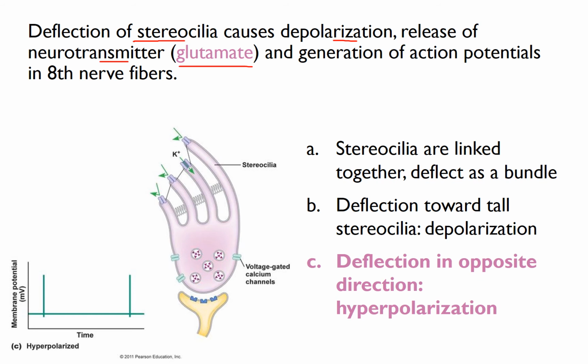Now, should the deflection occur in the opposite direction, that is toward the shortest stereocilia, you get hyperpolarization, and that occurs because these potassium ion channels located in the tips of the stereocilia close. And when these close off, then those positive charges are no longer flowing in. The positive charges stay out in the endolymph, and then the cell can revert back to its hyperpolarized state. When the hyperpolarized state occurs, then the voltage-gated calcium channels, in this case the TRPA1